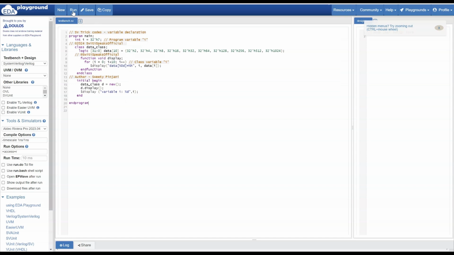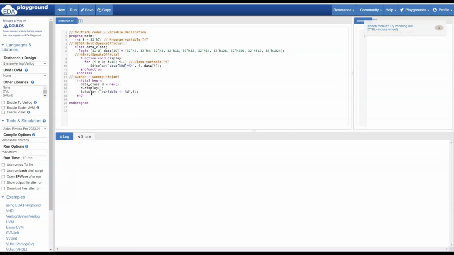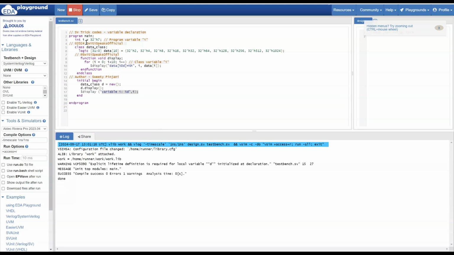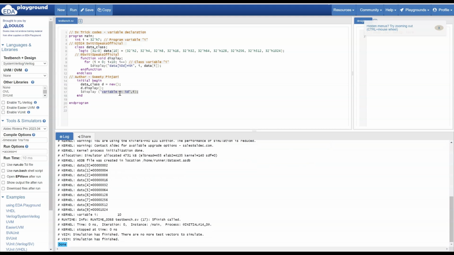Now if you run this, what will happen here? Actually you are displaying the program level variable i, because here you did not say d.i. If it was a class variable, you would have said d.i. So here the program level variable itself got modified from 7 to 10. This will create a problem in your code when you also want to use the program variable. What is the solution? The solution is you should also declare this int variable.